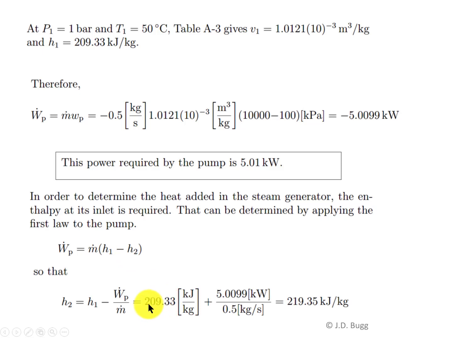And we put the numbers in, so 209.33. Remember we looked up h1 back here. Put that in there. This is the power that we found for the pump. Notice it's negative, but there's also a negative in this equation, so that gives us a positive, and then divided by mass flow rate. So that gives us the enthalpy at the exit of the pump, which is the enthalpy at the inlet to the steam generator,